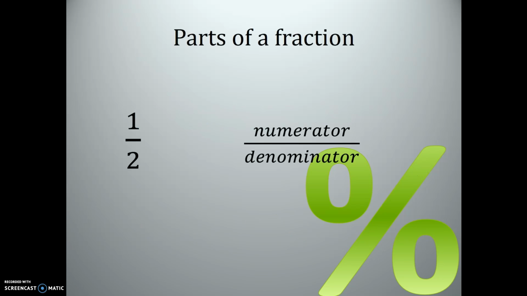So first of all, let's talk about parts of a fraction. So hopefully you remember that this is the numerator on top, and this is the denominator on the bottom. So remember that the denominator is what defines what units we're working in. So for example, when we have a denominator of 2, that means our whole has been split up into 2 or halves. If we were to have a denominator of 3,